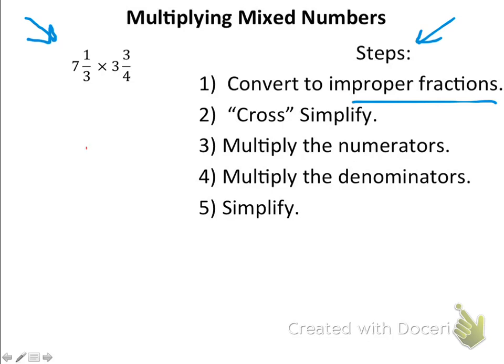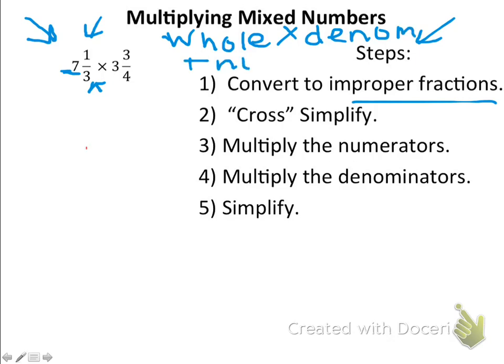To do that, you take the whole number out front and you multiply it by the denominator, and then you add the numerator to it. So take the whole number times the denominator plus the numerator. So 7 times 3 plus 1. 7 times 3 gives 21, plus 1 is 22. So we have 22 over 3 times 3 times 4 gives 12. Plus 3 is 15